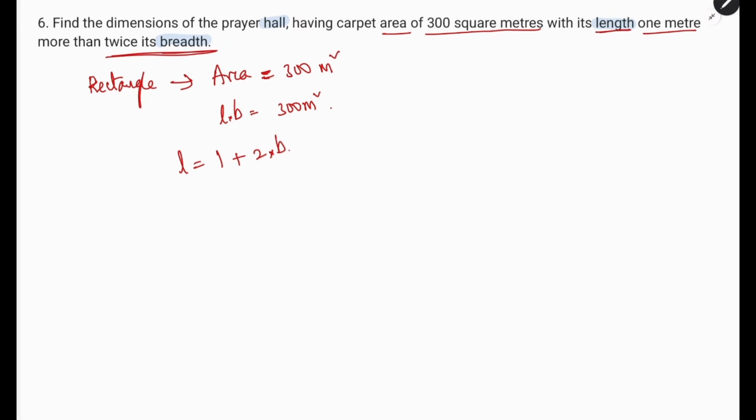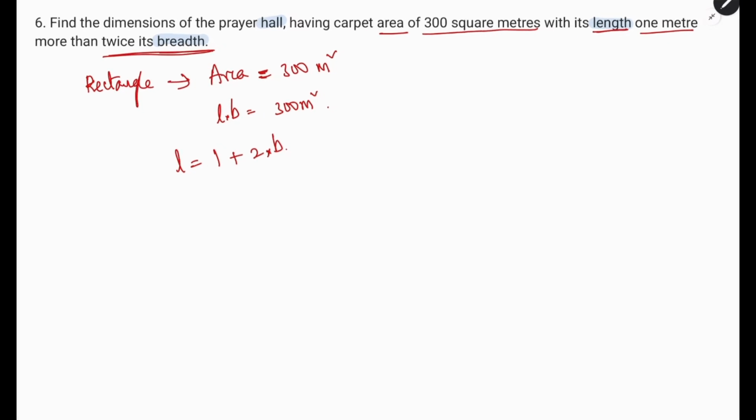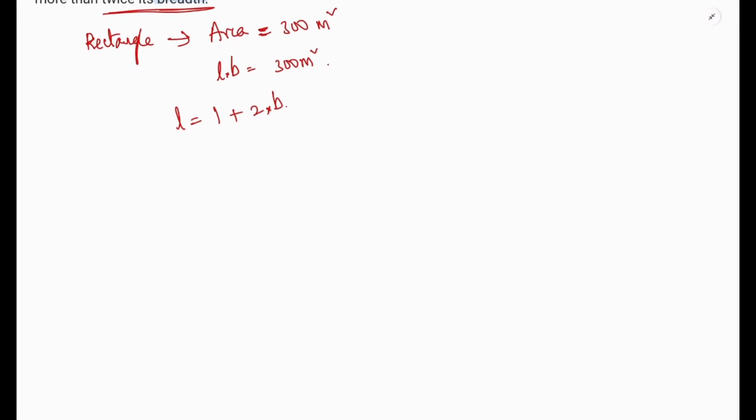Okay, here we need to find the quadratic equation, and that has only one variable, but here we have length and breadth, two variables. Let us convert this into one variable. We have these two equations. So let the breadth